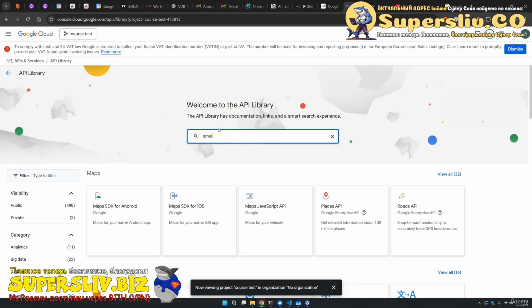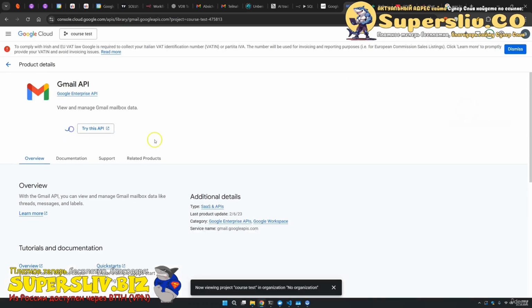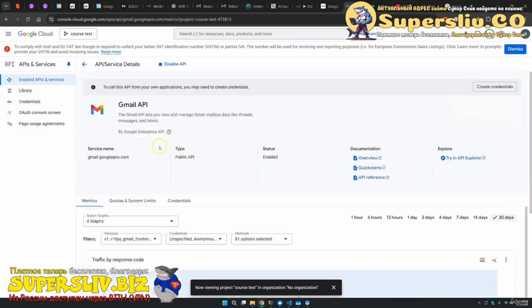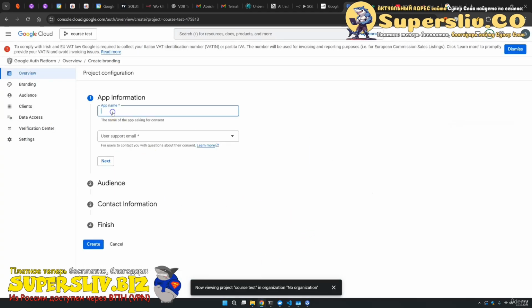And here you want to search for the Gmail API. You press on the Gmail API, you press also right here, and here you want to enable the Gmail API. As soon as this thing is enabled, you come on OAuth client secret. You press get started, you give this a name, once again course test, and you give your email, you press